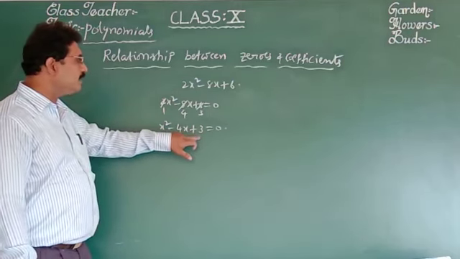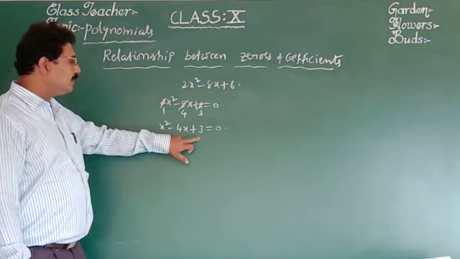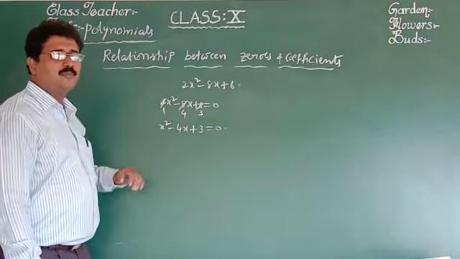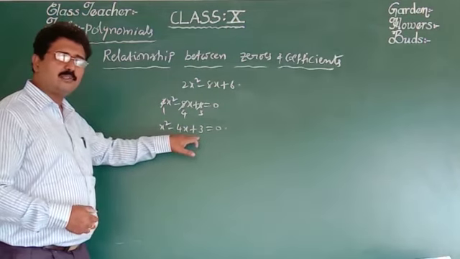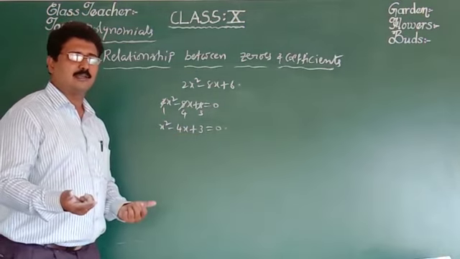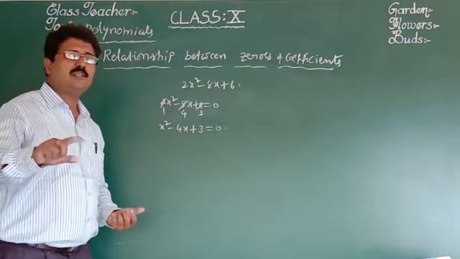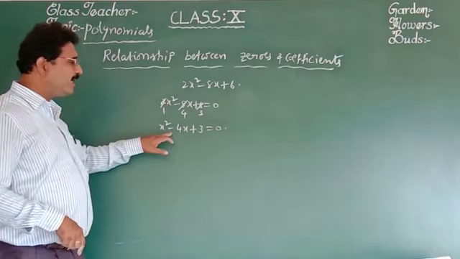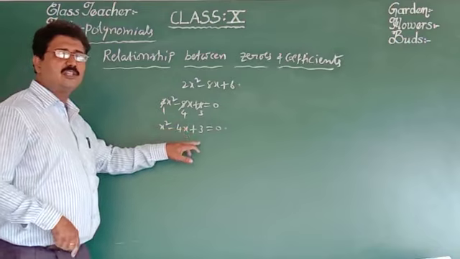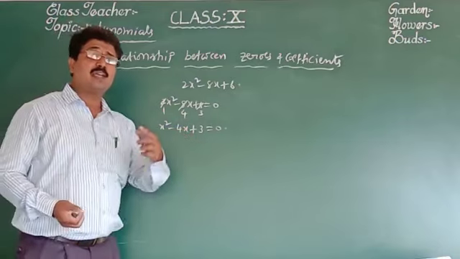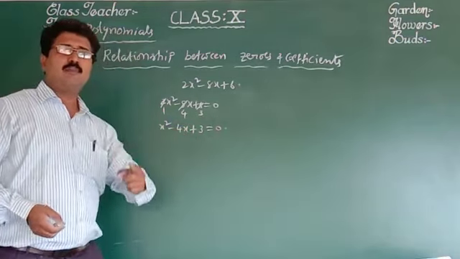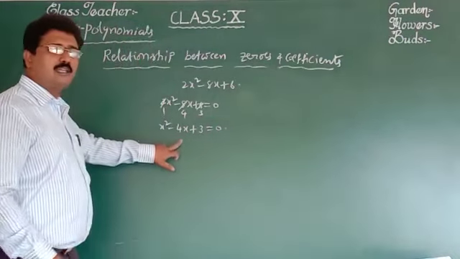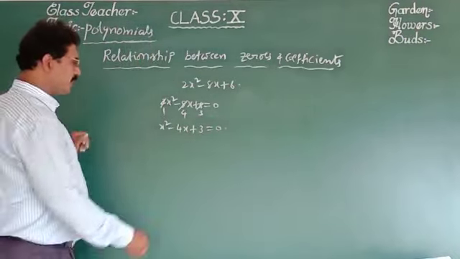To get 3 by multiplying, 3 ones are 3. Suppose you keep plus: plus 3 and plus 1, 3 ones are 3, but plus 3 plus 1 is plus 4. But here we need minus 4. Is there any other chance we'll get plus 3? Yes, minus 3 and minus 1. Why? Because minus 3 into minus 1 is plus 3. So the factors are minus 3 and minus 1.